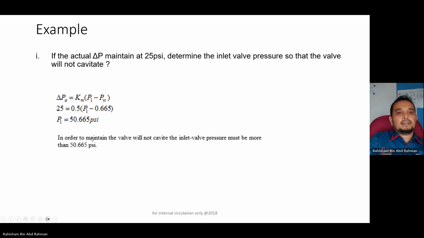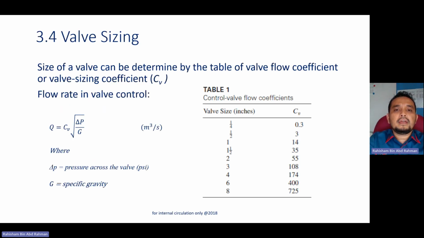So these are the simple calculations related to the cavitations. So more or less the final exam question will be pretty much similar to this. And then the last topic, I think the second last or last topic, is about the valve sizing. Of course, why do we need to determine the right valve sizing, to avoid the issues